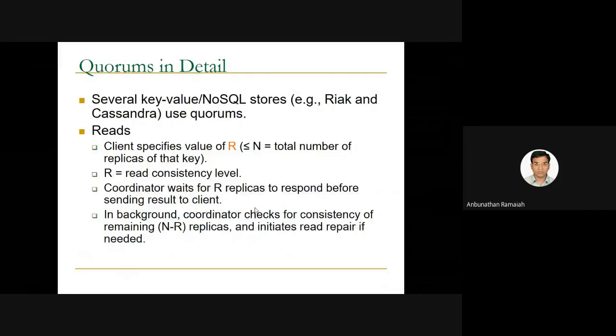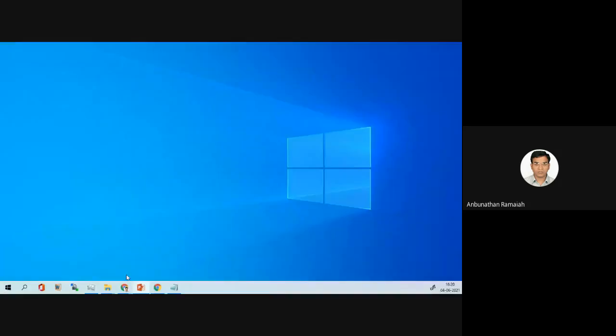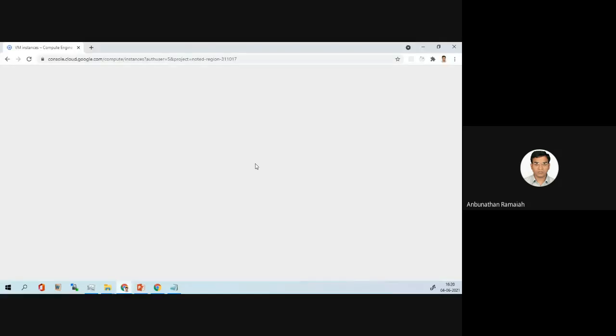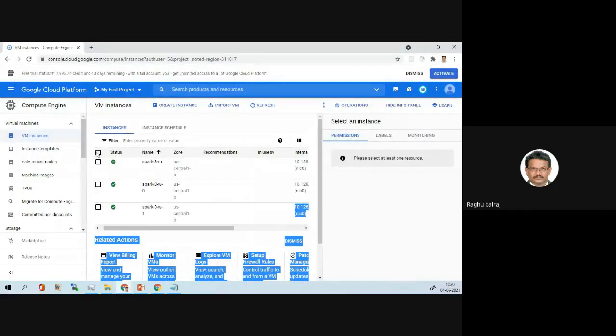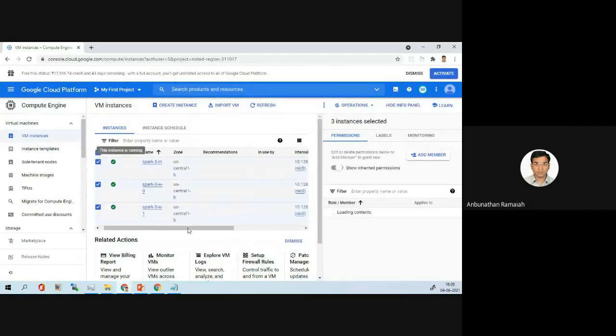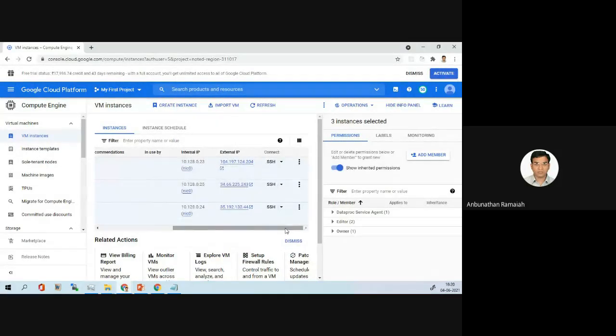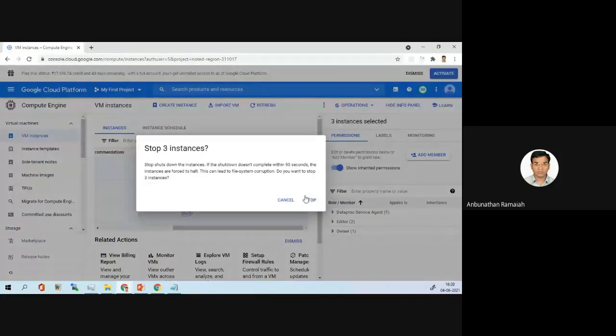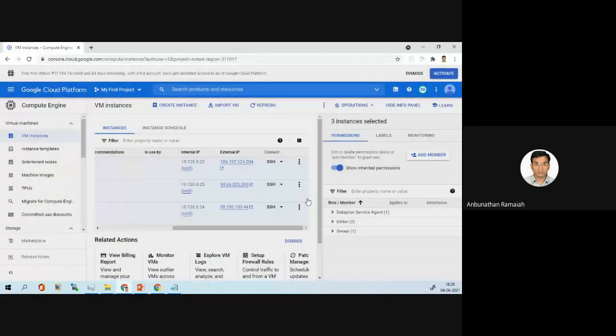In the same way we'll resolve it. What we'll do is restart, because of HBase the settings got changed. Let us restart: stop this, and then start.